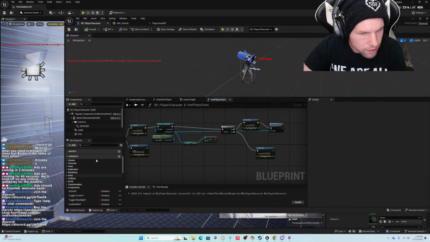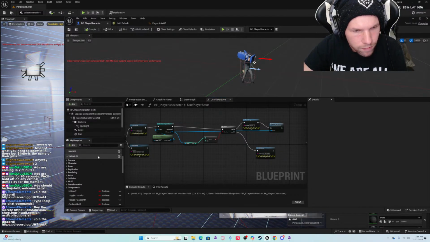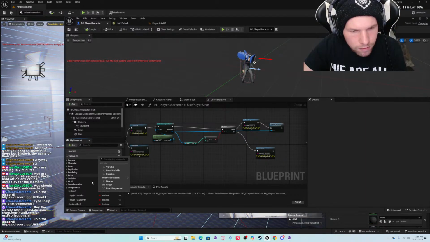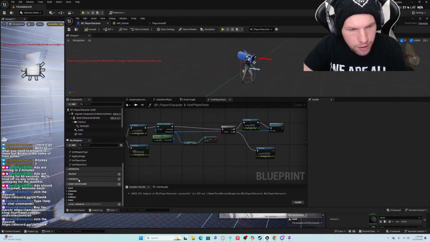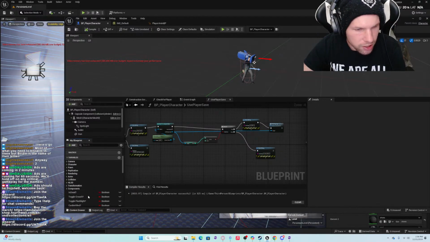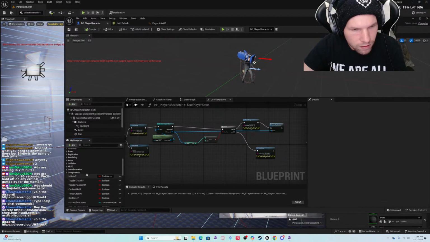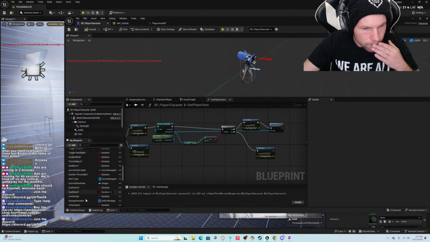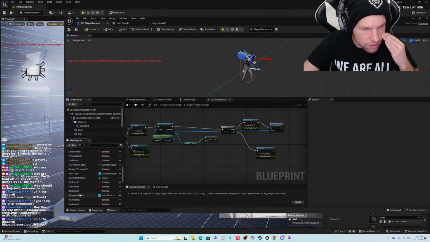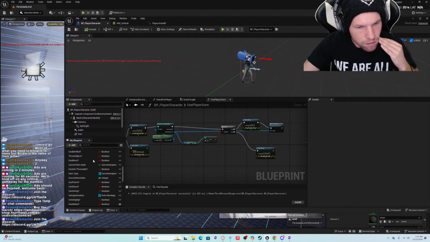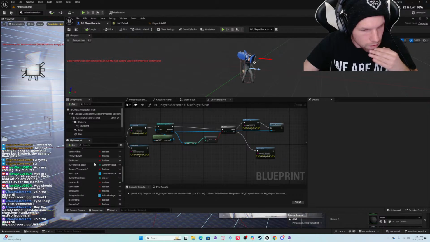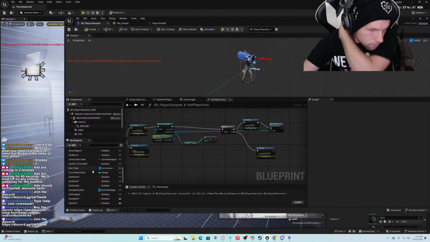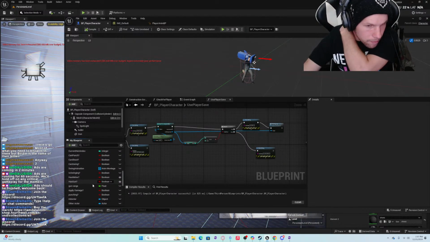I wish I could organize this better. Like I wish you could section off certain variables. Maybe you can, and I just don't know how to do it. Let's see.